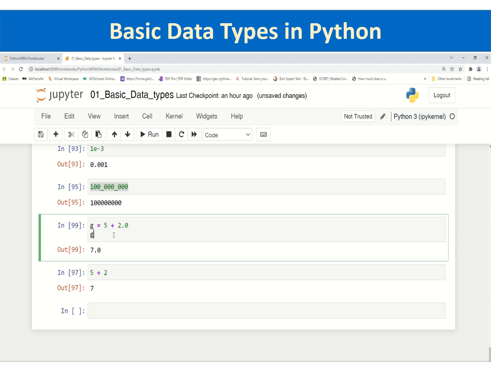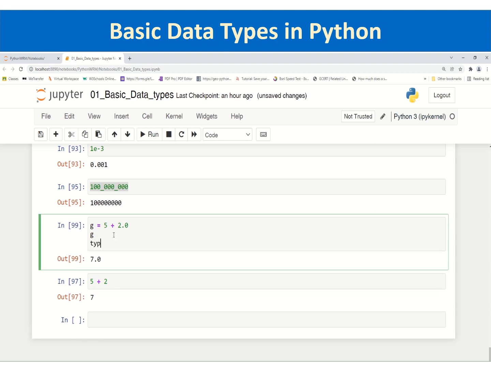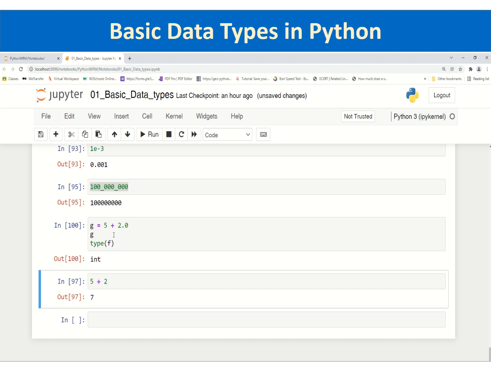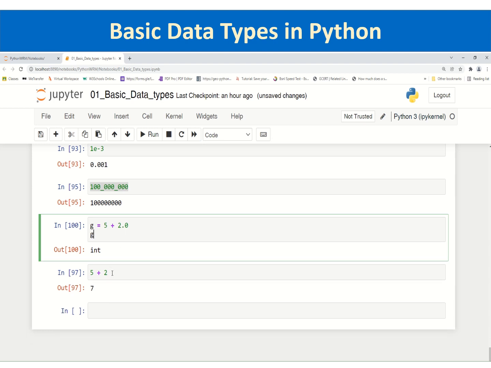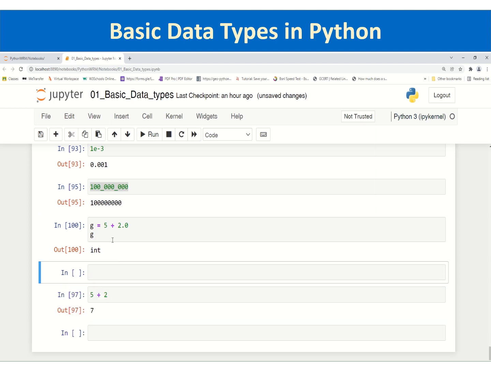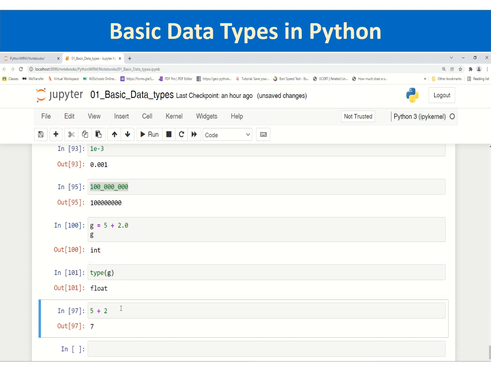7.0. And what is the type of g? Type of g. So one drawback while writing code in Jupyter Notebook is that only the last line will be printed. So you can insert one cell down with B, then you can verify that type of G is a float, and here